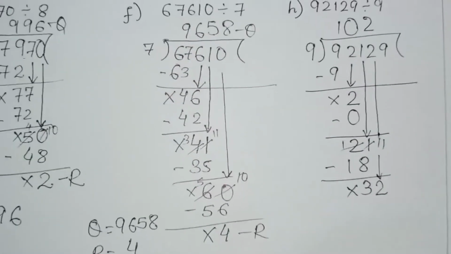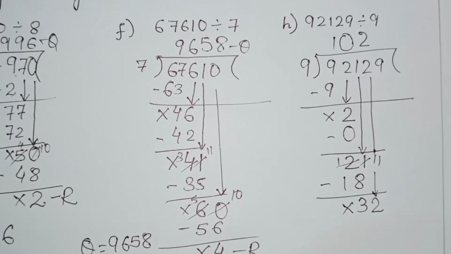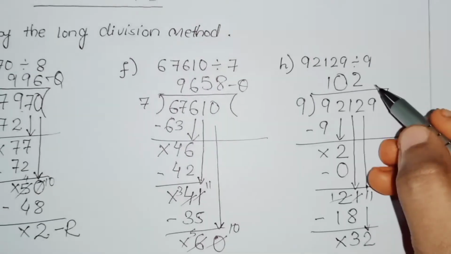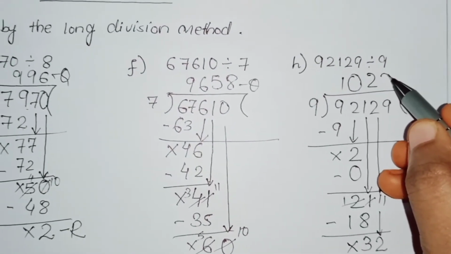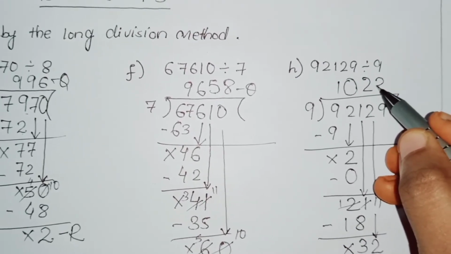So in 9 table, is 32 there? No, it is not there. 9 3 ja 27 we will write because this is less than 32. And 36 is more than 32, that is 9 4 ja 36. So we'll write 9 3 ja